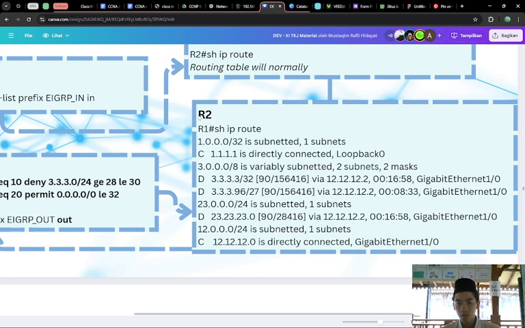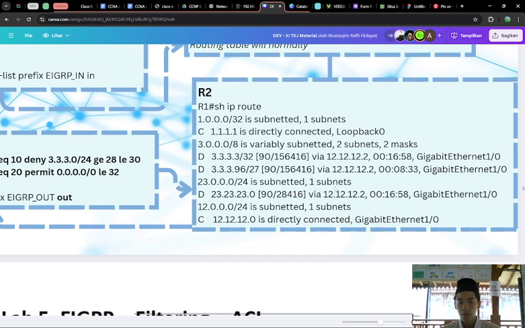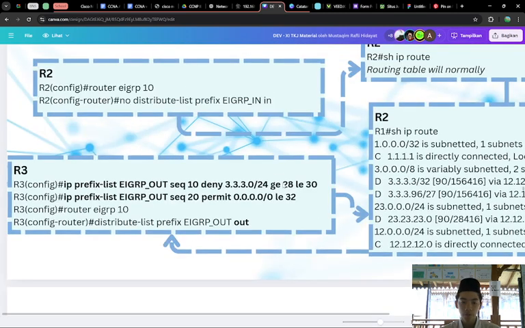The router 2 routing table will be normal like before using the prefix list.